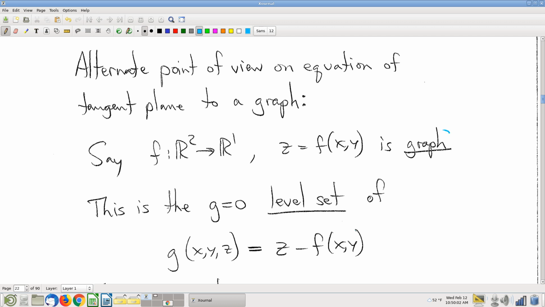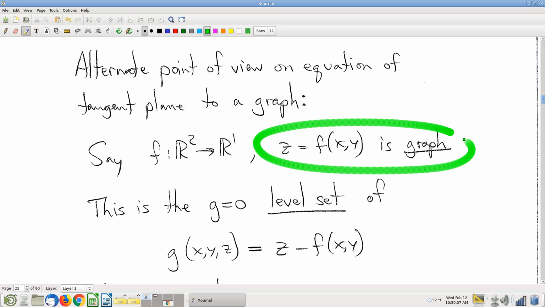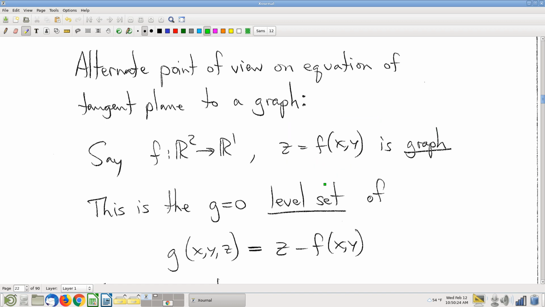We're looking at a graph, sure. Oh, let me switch to highlight. We're looking at a graph, but remember we had this trick that we saw back in chapter 12, early chapter 13. If you're looking at a graph, it's written as an equation, but you can toss terms around to other sides of equations and make other equations. In particular, you could rewrite this equation as z minus f of x comma y equals 0, and written like that,